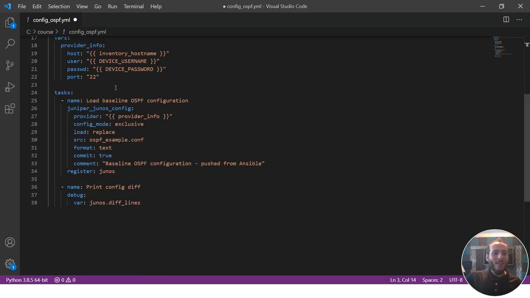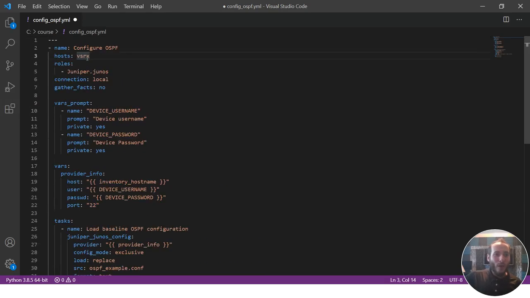Now our tasks are, we're executing this against the VSRX group, and we are using the juniper.junos Ansible Galaxy role. We're specifying that as a local connection, as is needed for interfacing with Juniper devices, and we are saying to not gather facts of our local Ansible server. So we are going to prompt our end user for some variables for the device username and the device password, and it is going to save these into the corresponding variables